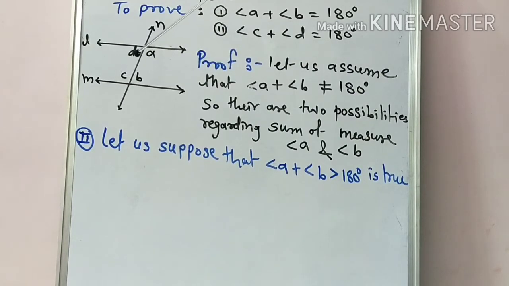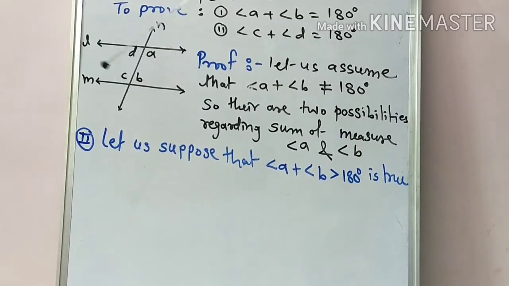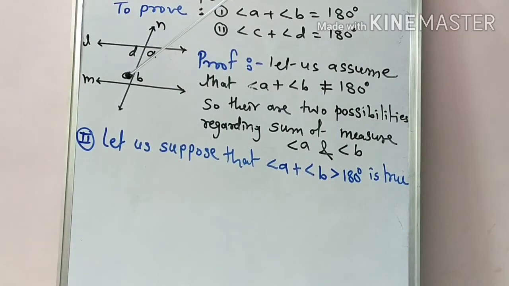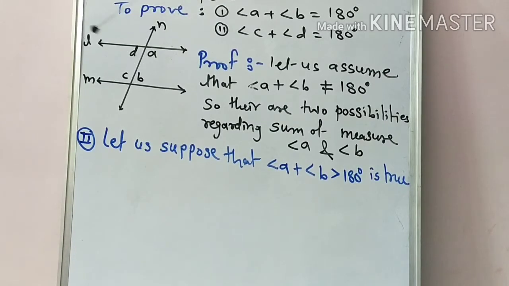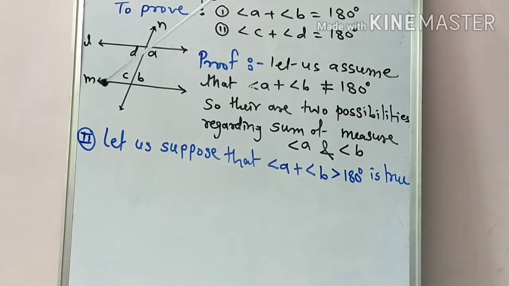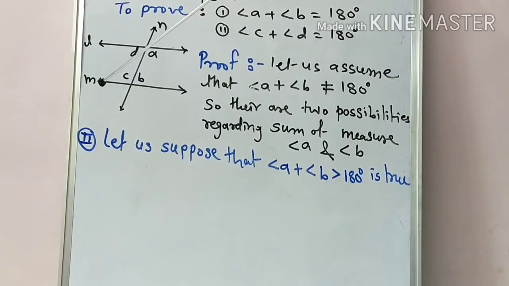And if it is proved that the sum of C plus D is less than 180 degree, then again according to that postulate, as we produce these lines in the direction of those two interior angles, means in the direction of angle C and angle D, means left side of the transversal, then the lines intersect each other. जर आपण C plus D less than 180 प्रूव्ह केलं तर as we produce these lines, left side of the transversal intersect each other, हे prove होईल. But again here we have that contradiction to given part because L is parallel to line M. Okay, म्हणजे हे पण incorrect होईल.